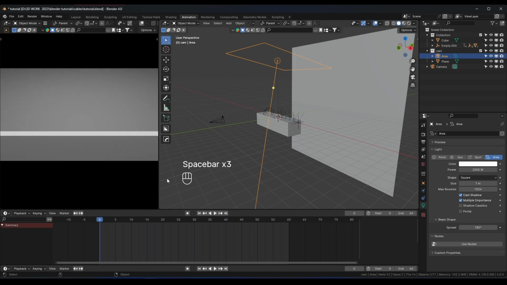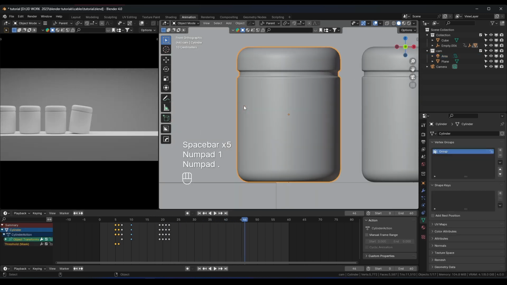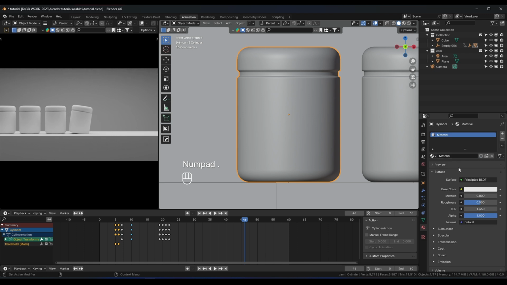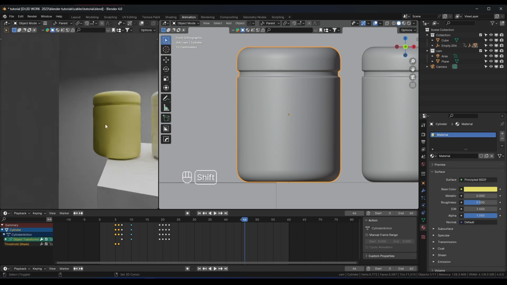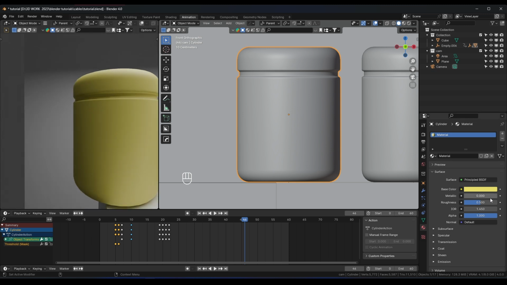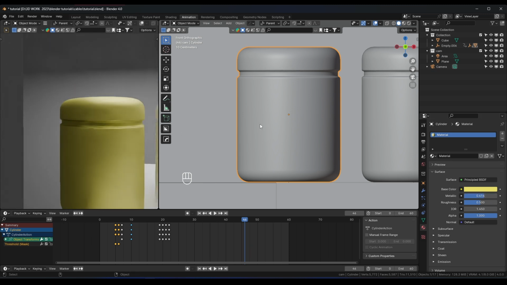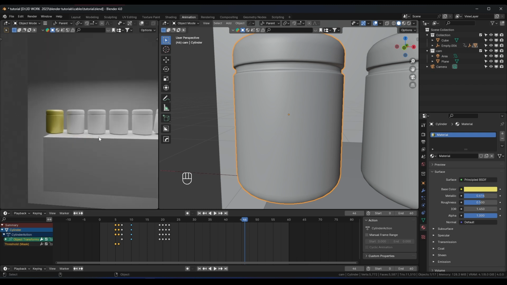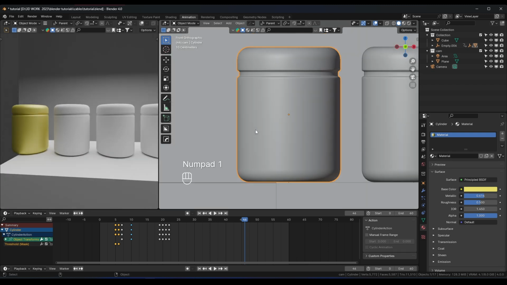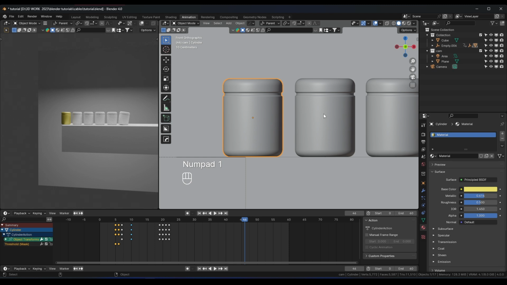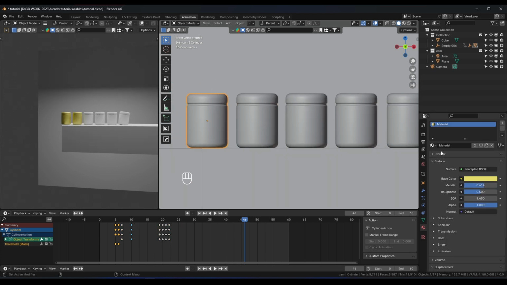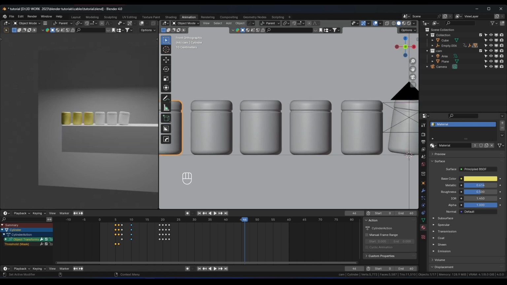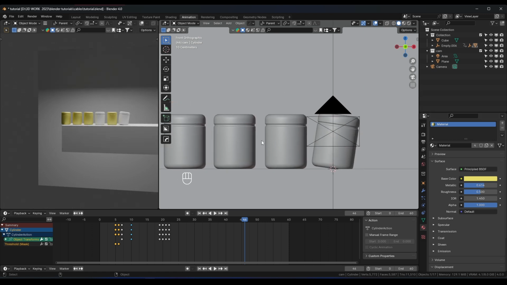Now we can make a material for those products. Let's see it here. Let's give this one a little bit of metallic like this. Okay, nice. Let's duplicate this material for all those. You can just click here and drag it to